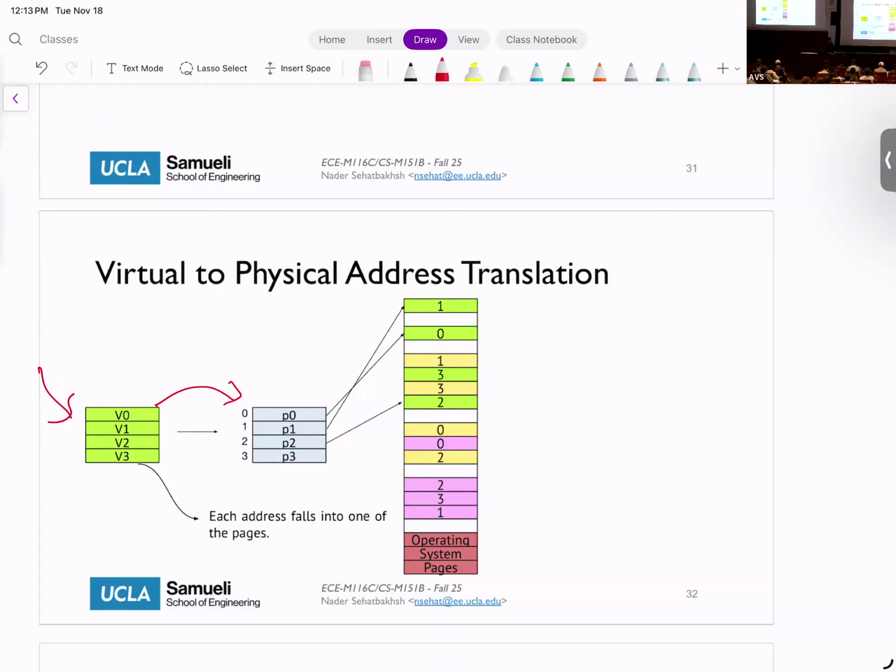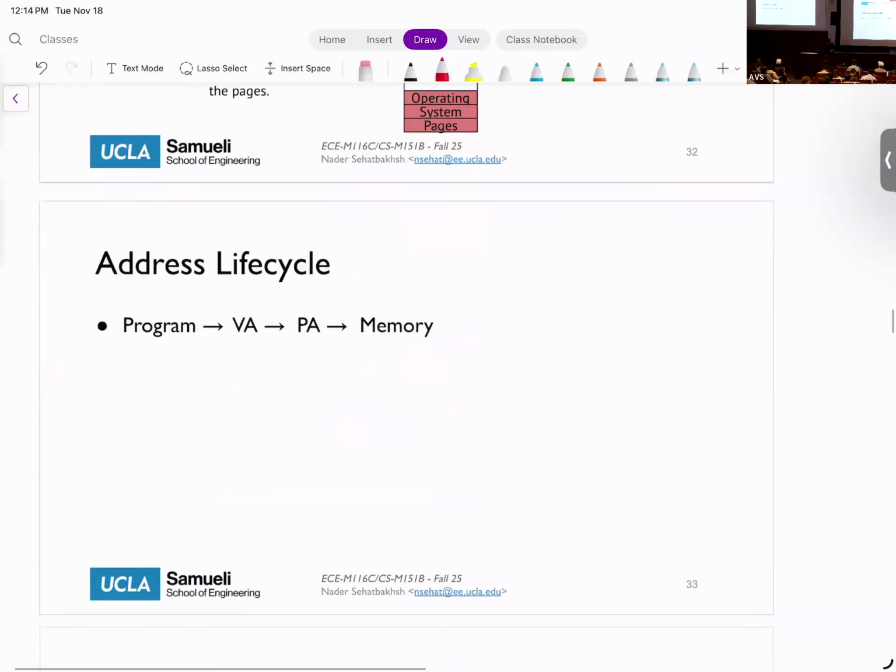This is called address translation, from virtual addresses to physical addresses. The reason we call it virtual is that these do not actually exist in real hardware. They are just an illusion that each program starts from 0, but then we make it physical so that we can go and grab it from the memory.